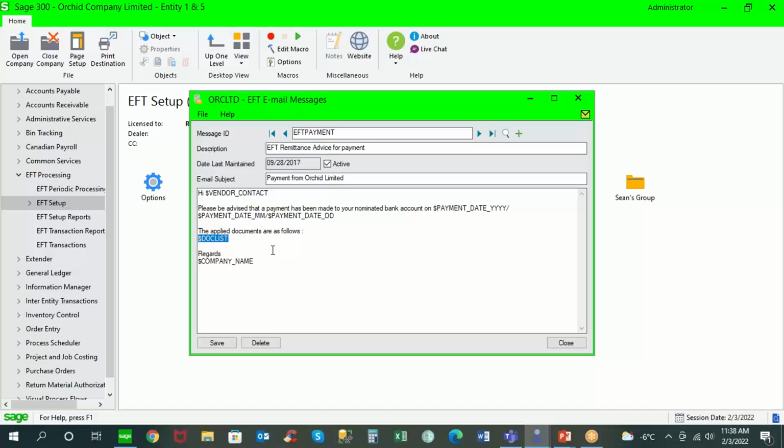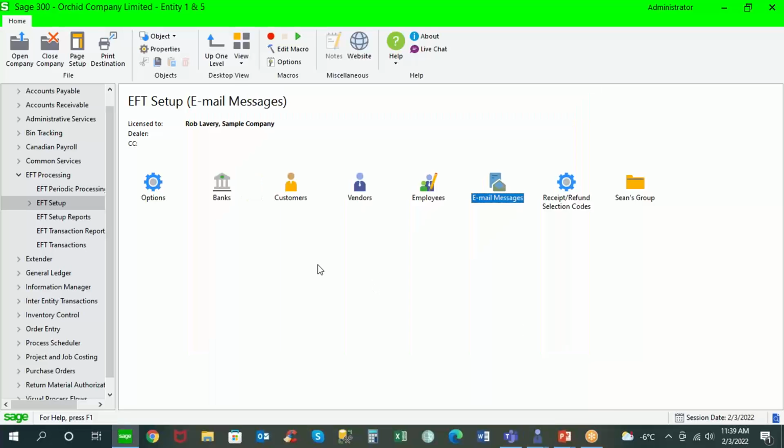So while the remittance advice itself, which is attached to the email, can show the list of documents, you could also include that information, if you like, as part of the information that's in the body of the email. And this would also include things like the vendor contact details. So as you can see, there's a number of ways that we've safeguarded the information by putting controls on who